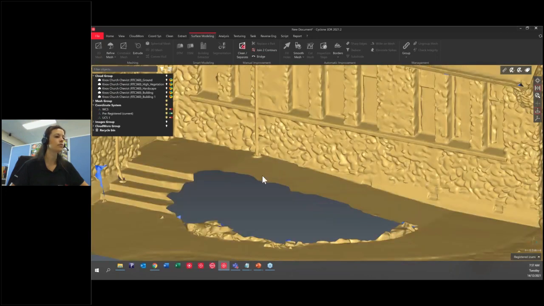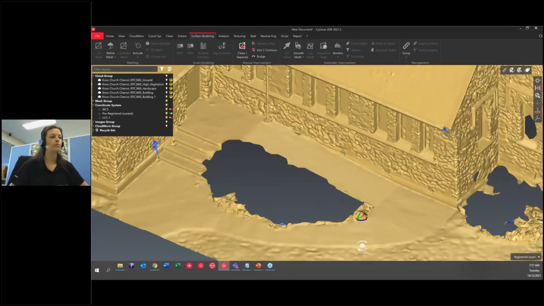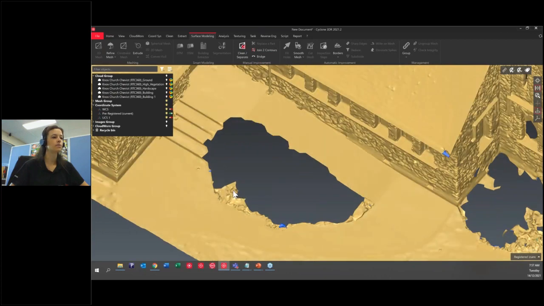So before filling a hole like this one, it's better to actually clean out the border a bit and then fill it. Because if I try to fill a hole straight away, you see all those shapes coming in and some triangles might be inverted. The best thing to do is in the surface modeling, where you can find the clean and separate tool. This one works very much like in the point cloud, and you can just delete